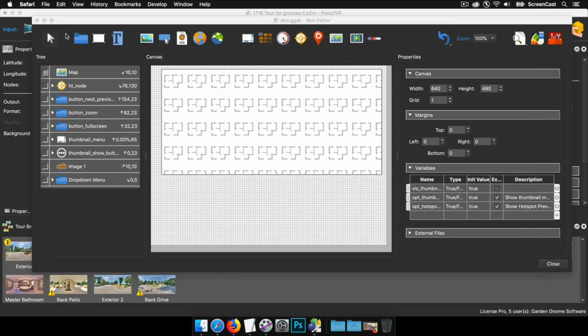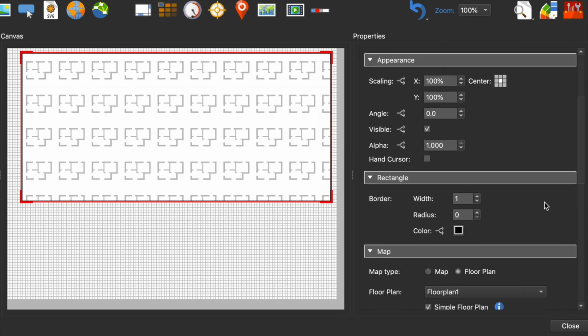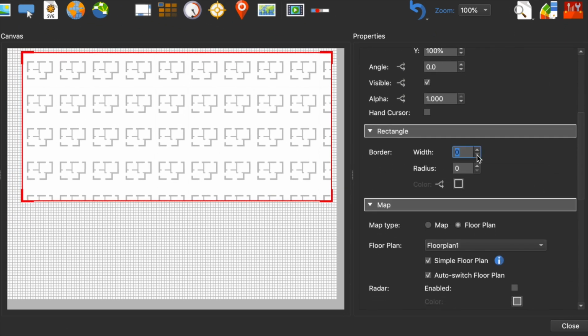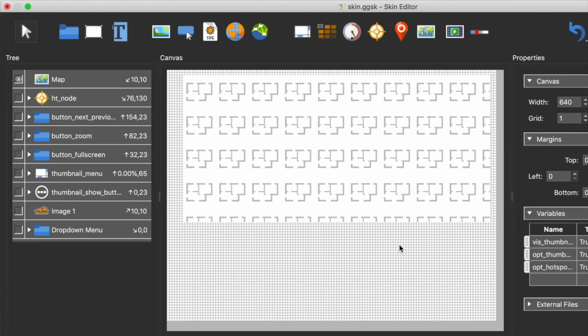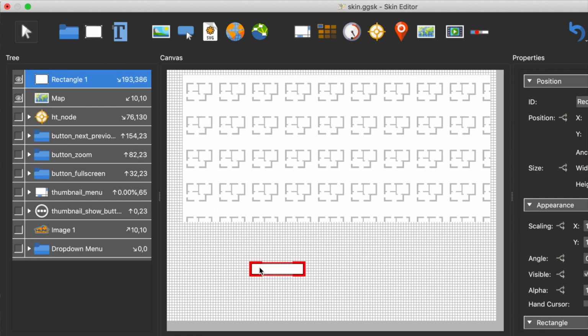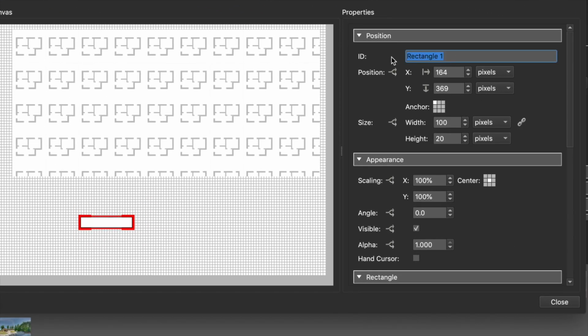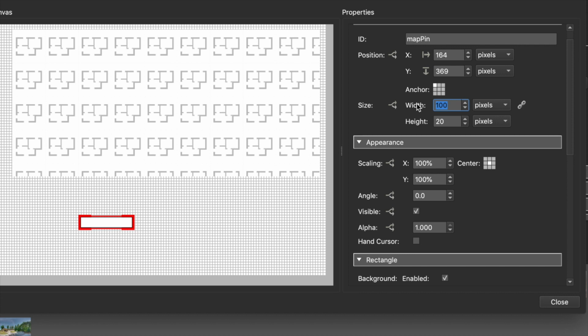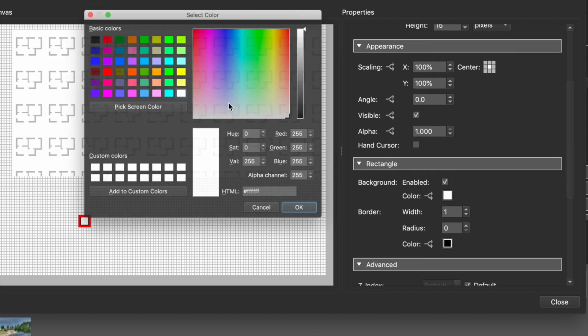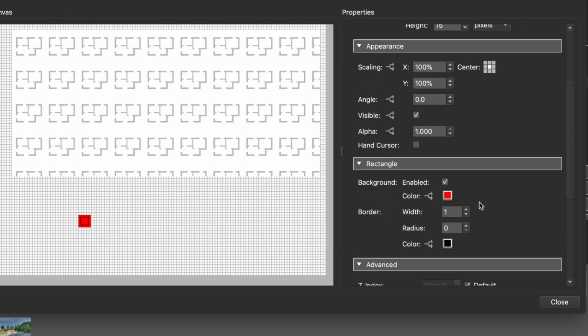Now, Catherine's map had these little red dots, so before I go any further, I'm just going to select the map, and we're going to get rid of that border. So border width, I'm going to set that back to 0. And then to replicate Catherine's red dots, I'm going to grab the rectangle tool, add it to the skin. I'm just going to change its ID to map pin, so I can find it later. I'm going to change its size to 15 by 15 pixels. Let's have a look. I'm going to change its color to red because Catherine had red dots,